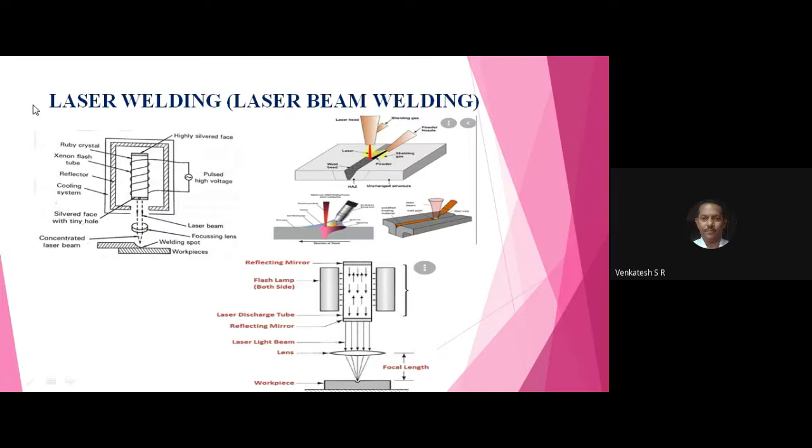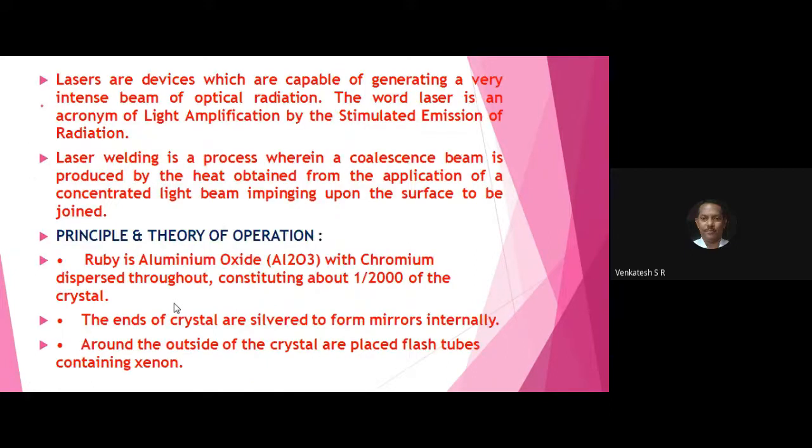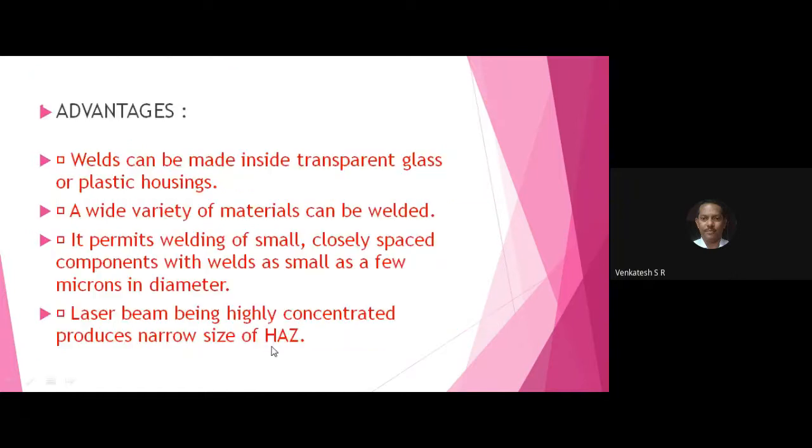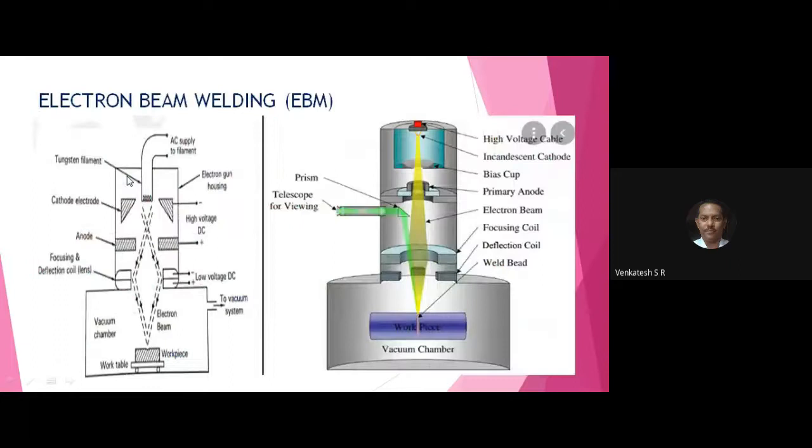This is a special type of welding process used in joining components used in automobile, aircraft, spacecraft. So this is the principle of operation of laser welding. See, all of you observe here, ruby is aluminum oxide, Al2O3. So you have advantages, disadvantages, and